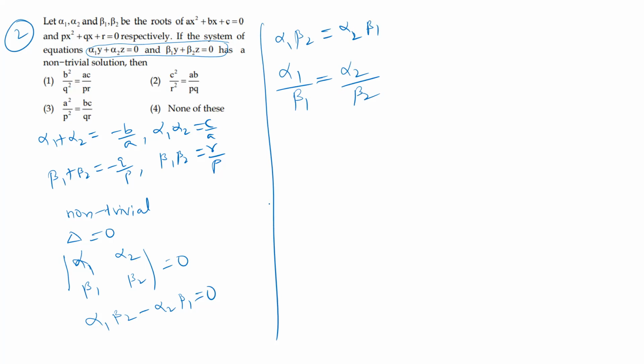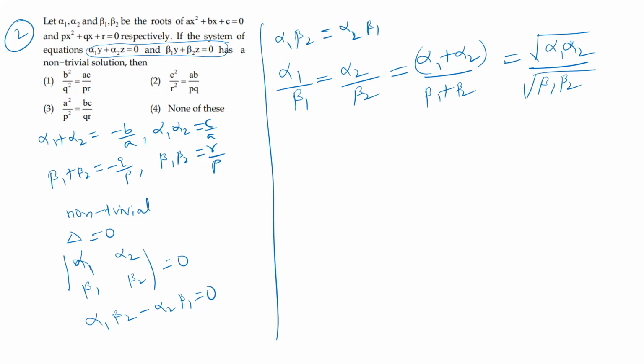That means proportional. That's why we can take it as equivalent when these two are proportional, means what? Alpha 1 proportional to alpha 2, beta 1 proportional to beta 2. That means they are in the same ratio. That's why by adding also, the ratio has no change. By beta 1 plus beta 2. This is also equivalent to the square root of the product of roots. Okay? Because both are the roots we are taking, they are in the same ratio.